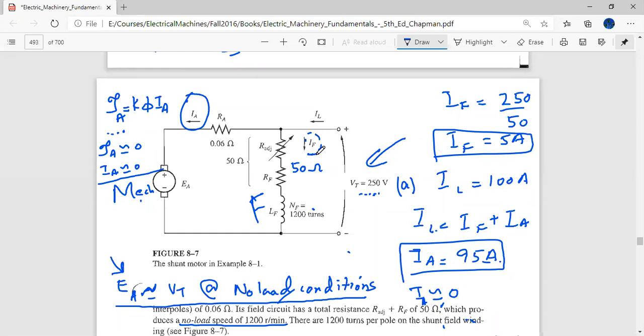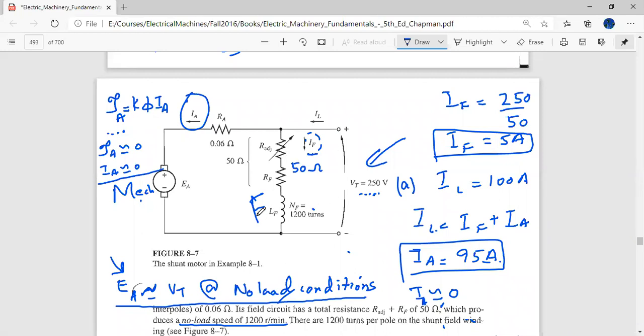It will be drawing minimum energy from the supply just to make up for the field. For the armature part, you want close to zero torque. Why close to zero torque? Because there is no mechanical load. So you want very little torque just to rotate the empty armature, which has no mechanical load, and the only force it requires is to make up for the minimal friction of the ball bearings. Other than that, there is no mechanical load, so that minimal torque is almost zero, and that is only possible if IA is close to zero, because you have no control over the flux.